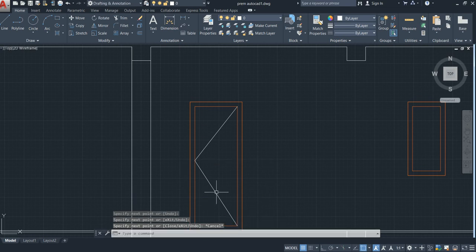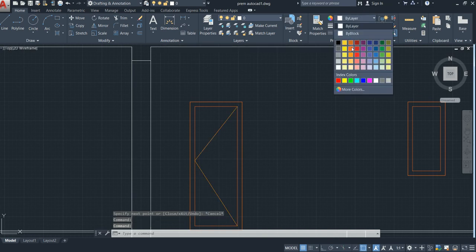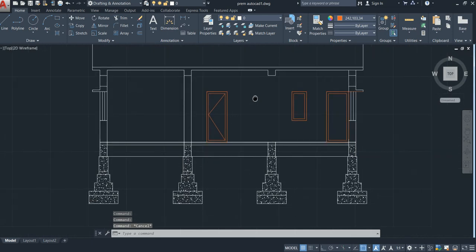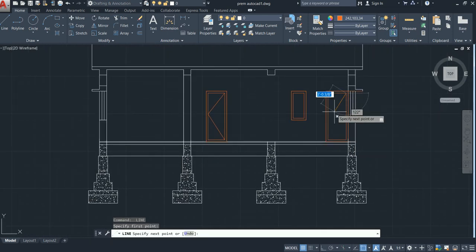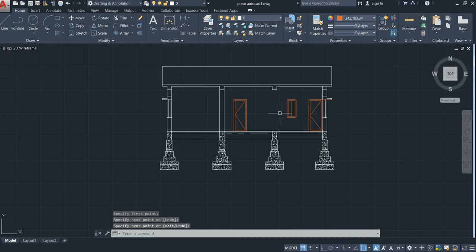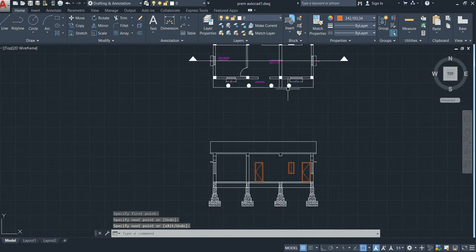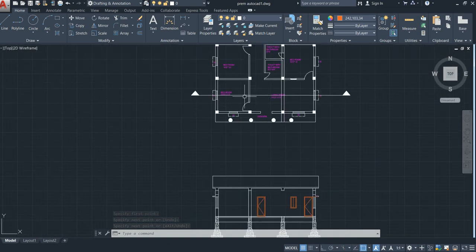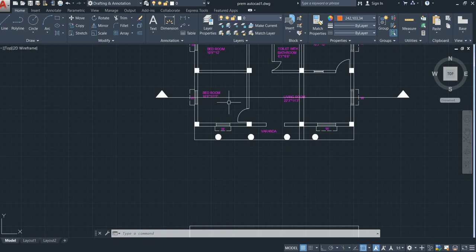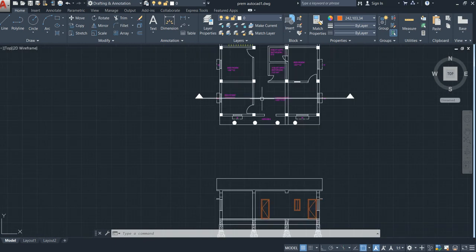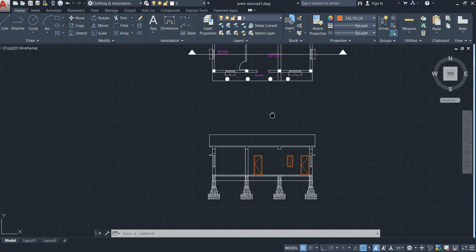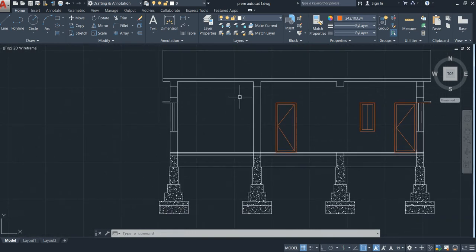But you can see my layer should not be selected. Just go and select it, this color, skip it. In the same way, go for the line command here also, skip it. Now go for the line command in the middle. This is my window. You need to think like this: if I stand here, what I can see, the visible part only you need to keep, or else you need not keep anything.